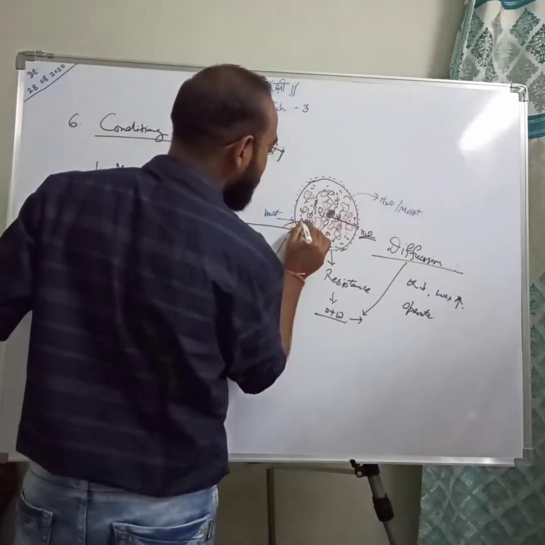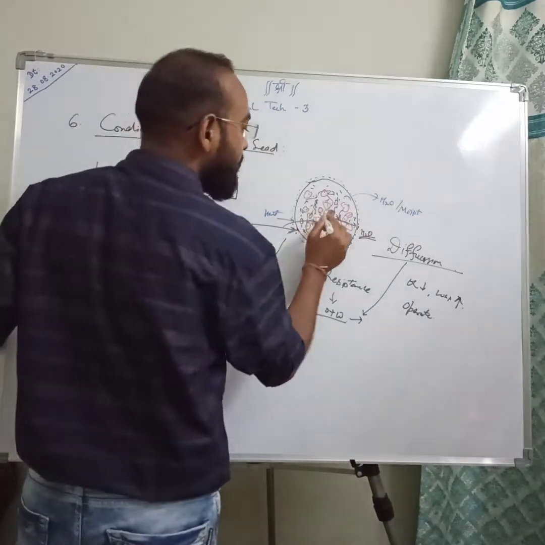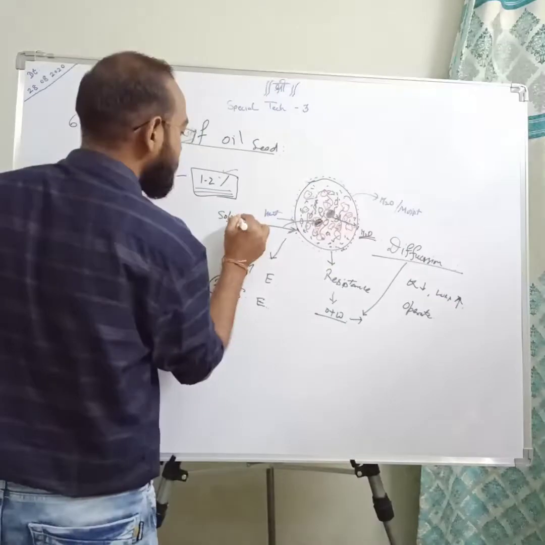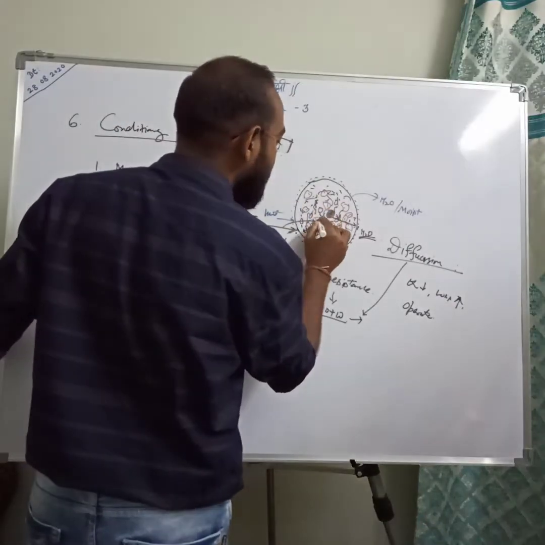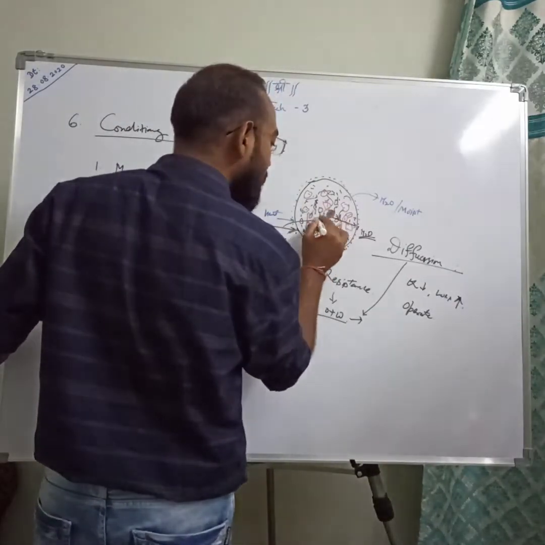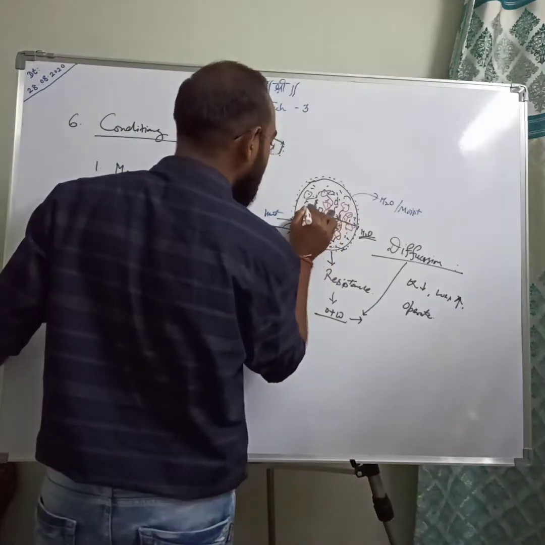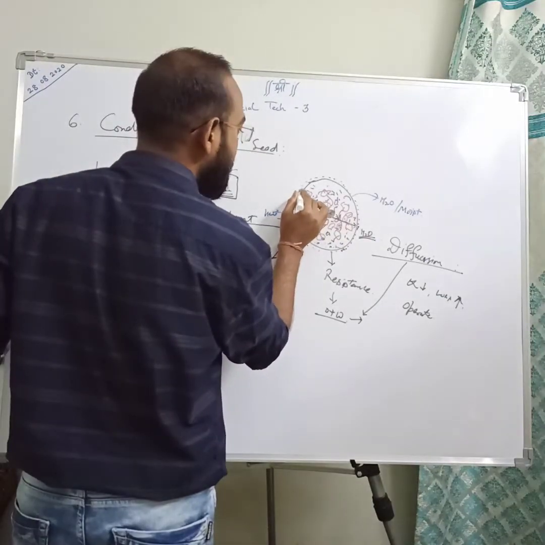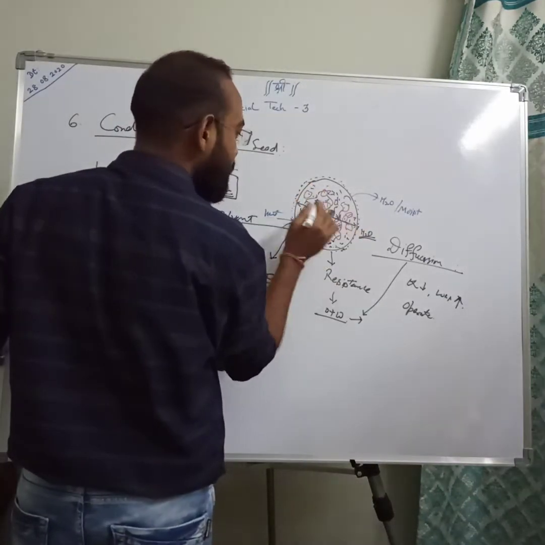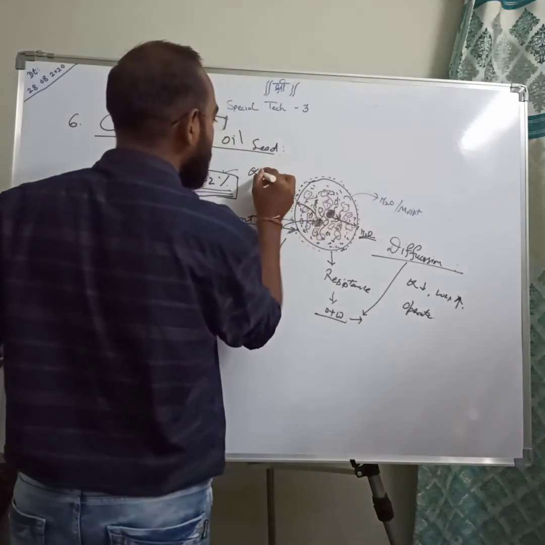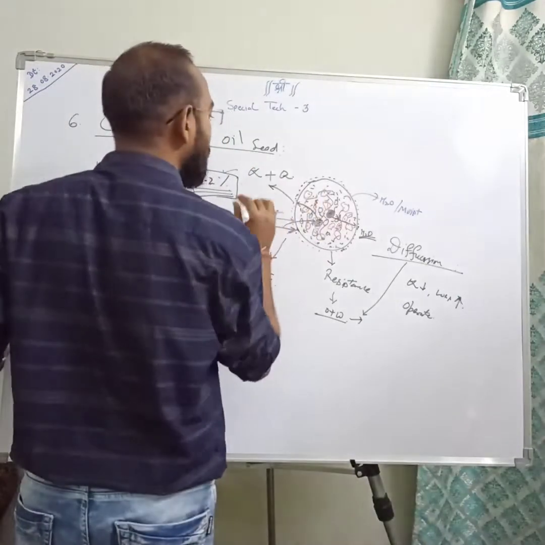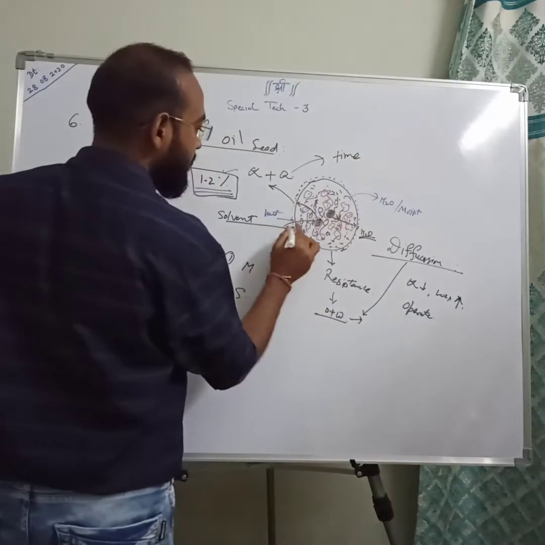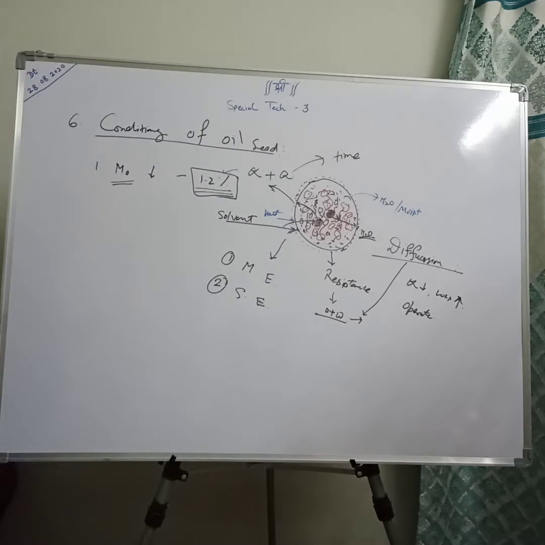Then the solvent will go inside the seed and meet the oil cells. This is your solvent, meeting the oil cells, extracting the oil from the oil cells, and again coming to the outer surface. Then again the same factor, the resistance of water, is there. So again diffusion occurs. It decreases both your quality and quantity, and it takes more time to go inside and come outside the seed.